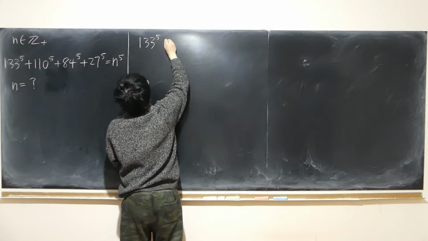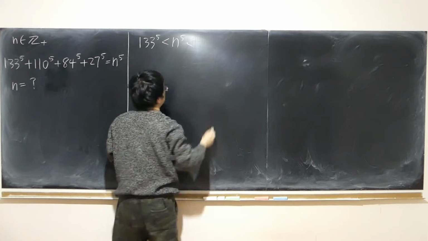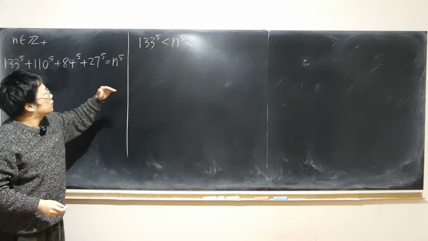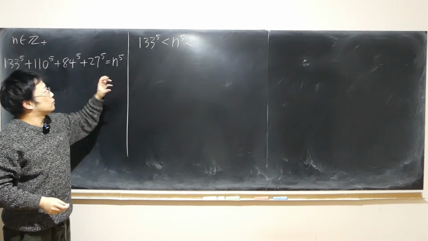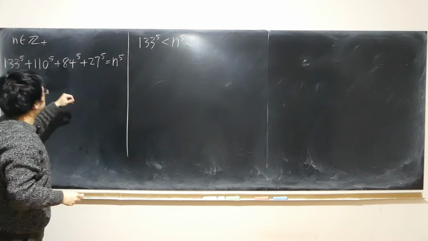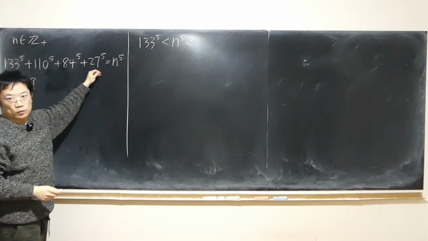133 to the power of 5 is less than n to the power of 5, less than 1. Right? We want to get as tight an upper bound as possible. The upper bound cannot be too big. So we can use the number 27. One thing we can actually notice is that